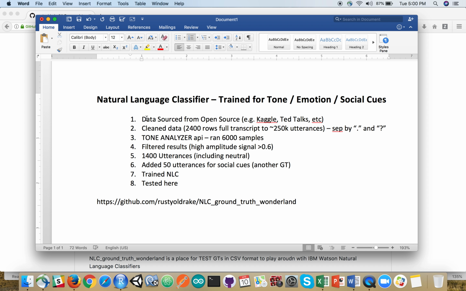Ended up with 2,400 rows representing each one of the talks. And I unpacked that into 250,000 utterances. What I went through and separated at end of sentence through a period or a question mark, and anytime I saw one of those, I created a new row effectively, which resulted in about 250,000 utterances there. I had to do a little bit of cleanup in the R code, but eventually ended up with a good